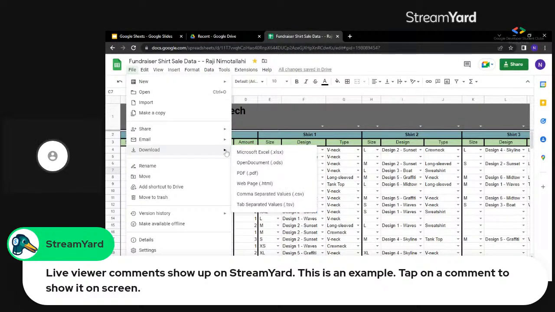So you can download it as Microsoft Excel, that's the .xlsx. Then you can download it as PDF or a web page. Anyhow you want it, you can download it like that. So now